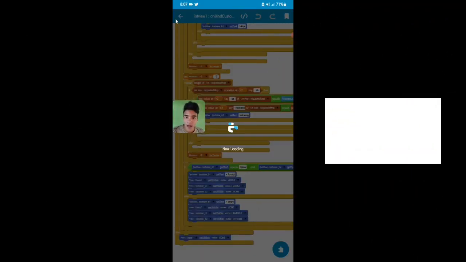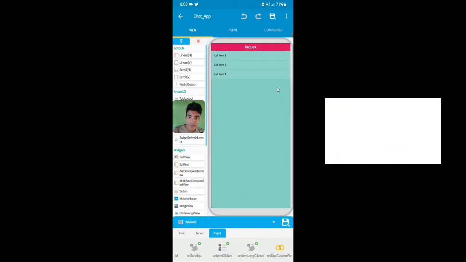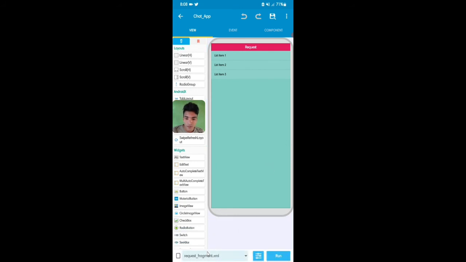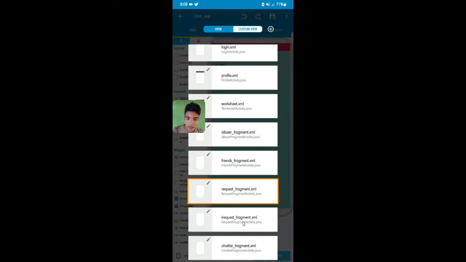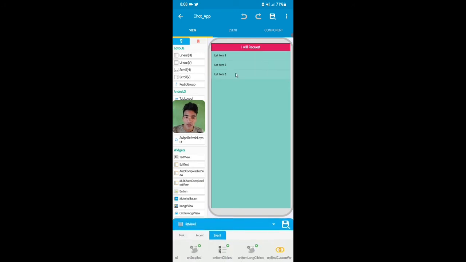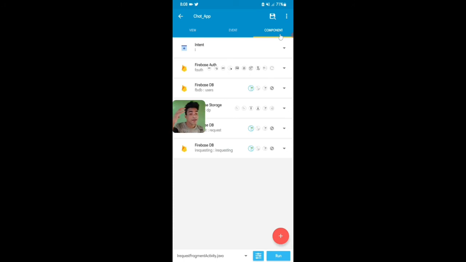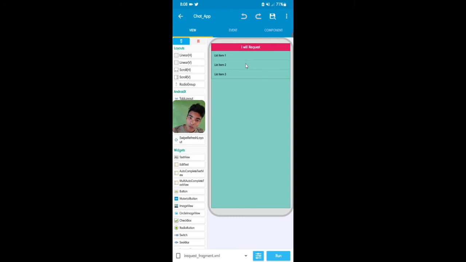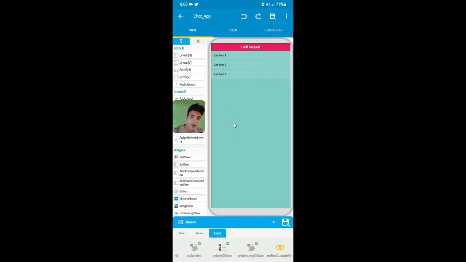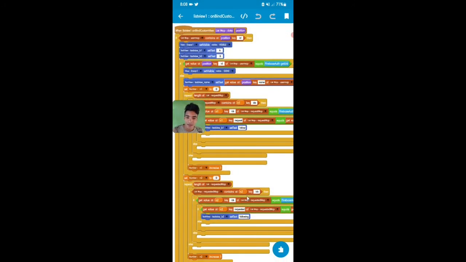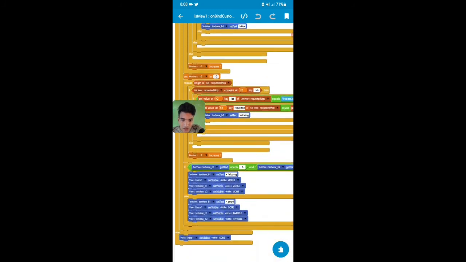Okay, and then I will show you I requesting. So guys, I'll show you I request block. So guys, this is, and here I'll add the same component, same map variable, same list map, and the code also are same, and same custom view I'll add in this list view 1 and the same code on onbind custom view. Just change this, I'll just show you, just change this code.